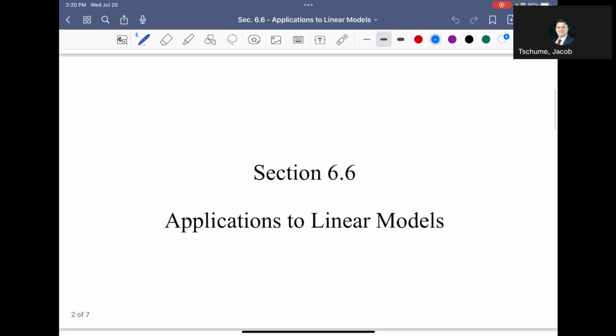All right, welcome to the last video of this course. We are going to be wrapping up this Intro to Linear Algebra class by covering section 6.6, an application to linear models. As I mentioned at the end of the last video, when we talked about least squares problems,